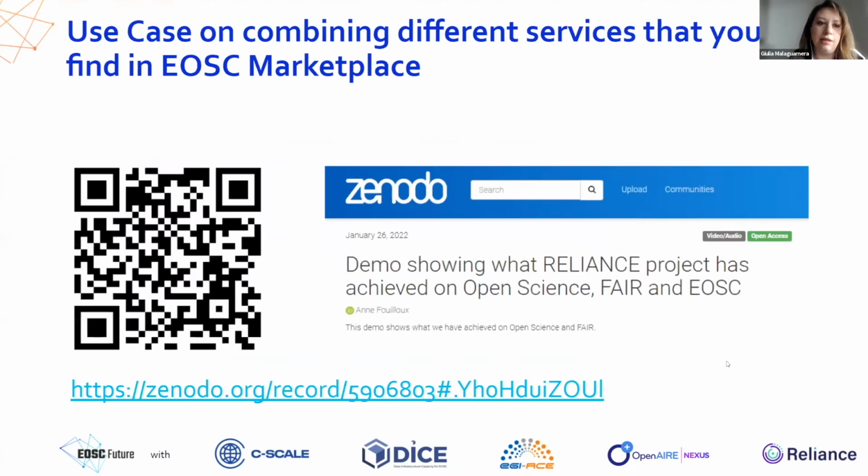An interesting use case was presented about one month ago by Dr. Anne Fouliou, who is a researcher in France. If you click on this QR code, I will give you the link later in the chat. You can see a demonstration of some of the services present in the EOSC marketplace, which you can use for your particular software to be compliant with Open Science, FAIR, and EOSC